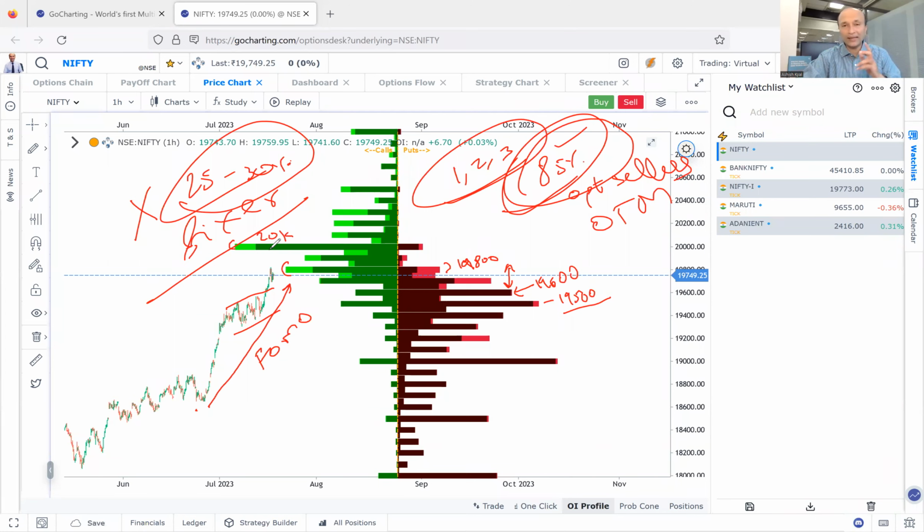First rule, because mathematics does not favor you, not about anything else. The basic mathematics of options does not allow you to make money if you are buying an out of the money option. You can still buy an at the money option, it is fine. But out of the money or near expiry is the most common blunder traders make. The reason I am saying this is because if you are buying an out of the money option and a near expiry option, the probability of you making money is 15% and less. 15, not 50, 15% and less.